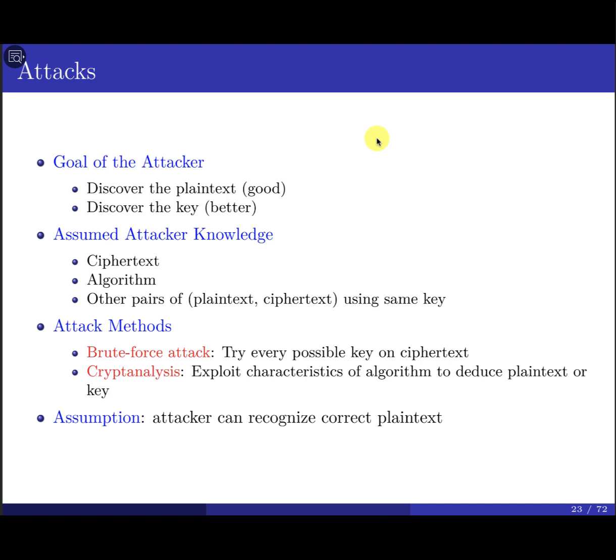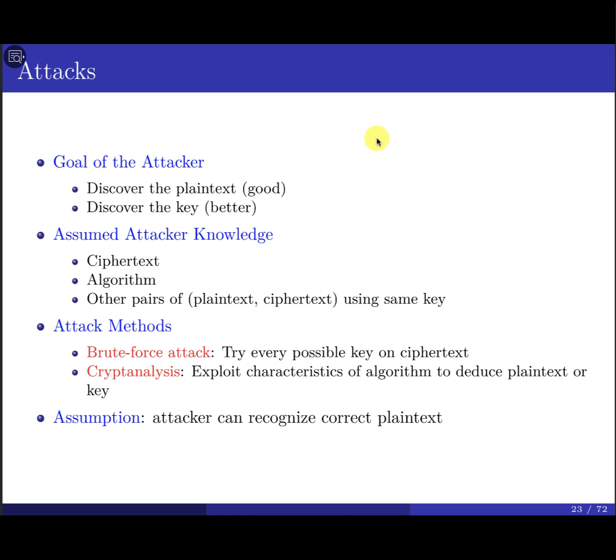So, to summarize what the attacks can do: the goal of the attack is first to try to discover the plaintext. And if we manage to discover the key, wow, that's perfect. If you discover only the plaintext, I know only the plaintext corresponding to this ciphertext. But if I know the key you used for the encryption, and most people are lazy and use the same key over and over, some for years, then I can decrypt all the exchanged messages, the previous ones, the new ones and the current ones, if they use the same key.